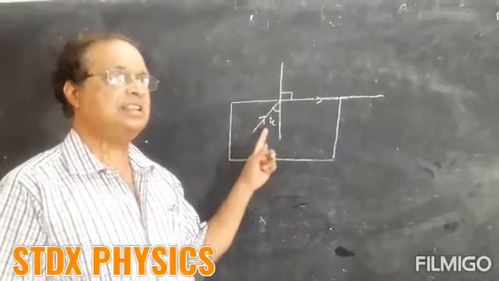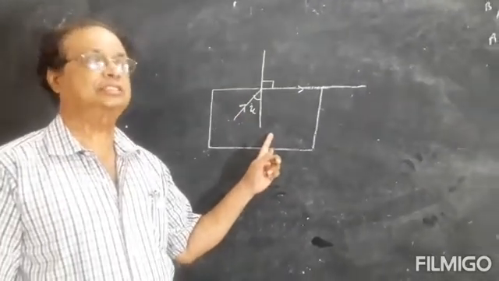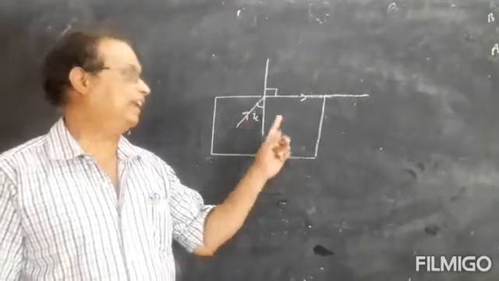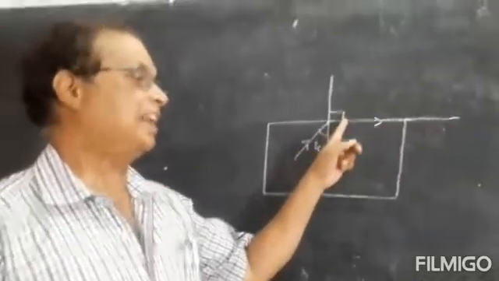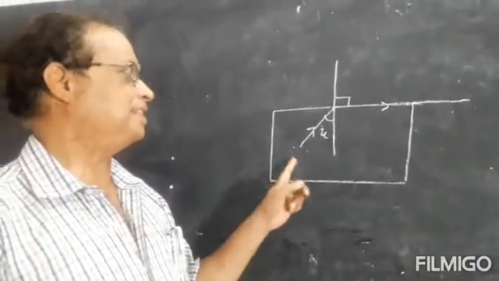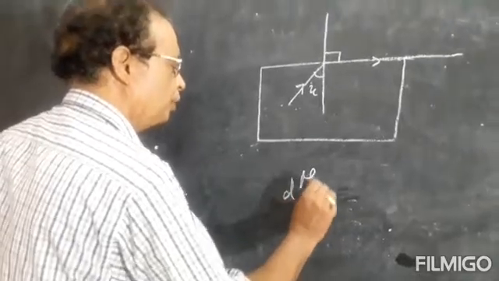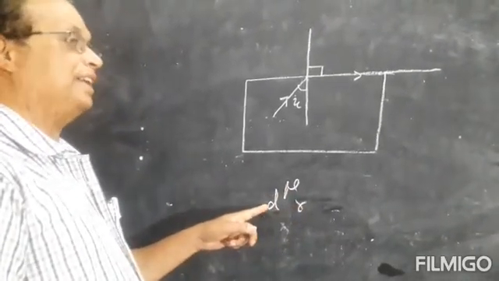See the relation between critical angle and refractive index. That is mu, the relation between refractive index and the critical angle. Now this is the critical angle and this is 90 degree. Light is passing from denser to rarer. So d mu r, the refractive index of rarer medium with respect to denser one,